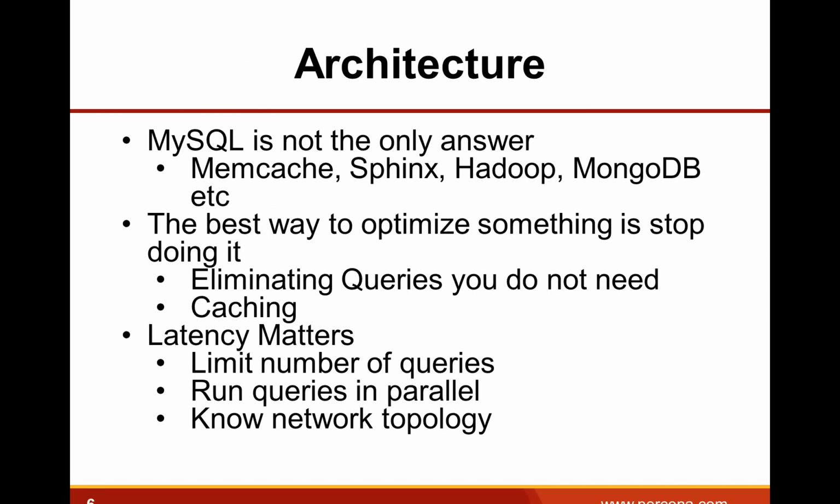The second conceptual thing I'd like to point out with architecture is that before you really look into optimizing something, you have to think about elimination. It was always very surprising to me how many applications have queries which are not really needed or do something which is not necessary to begin with. So think about how you can stop doing things you don't have to do. On the database side, that may often mean that you offload things from the database to somewhere else.